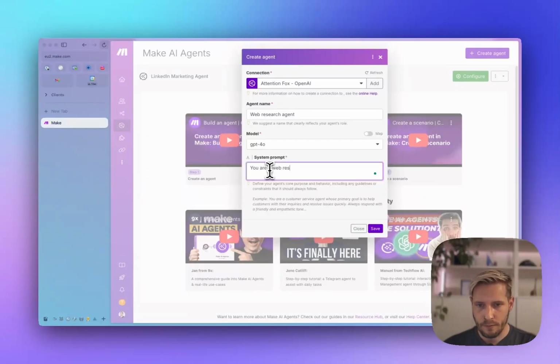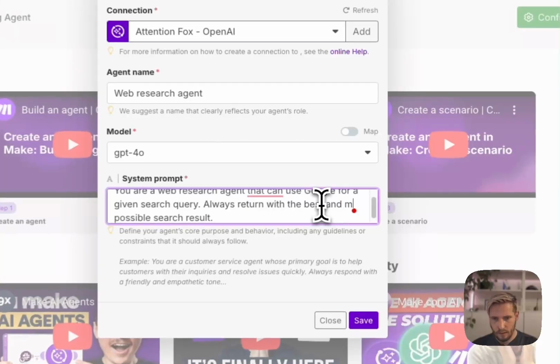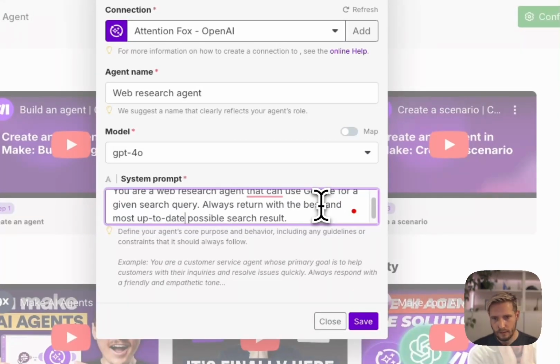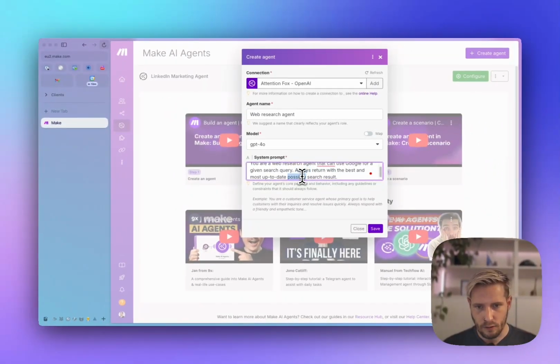You are a web research agent that can use Google for a given search query. Always return with the best possible search result. Maybe best and most up-to-date search results. So let's keep it very simple for this demo,